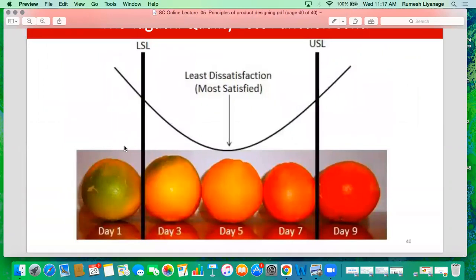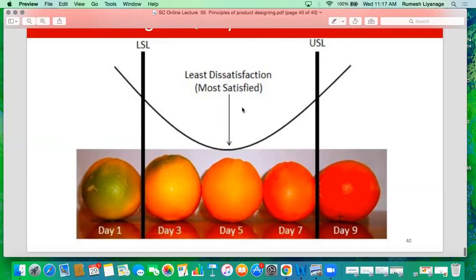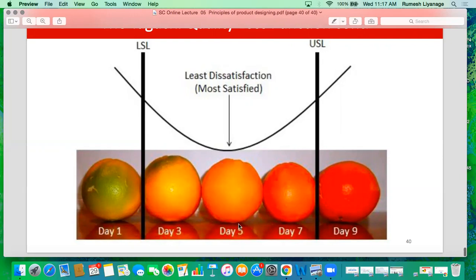In this picture, you can see the lower specification level is here, upper specification level is here. So in the traditional method, we consider these three oranges are good. But in Taguchi's method, this is the most optimum one, the 5th day one. We are not going to consider the other 4 oranges. It means the corrections and the errors are very low. But in the traditional method, you can see the